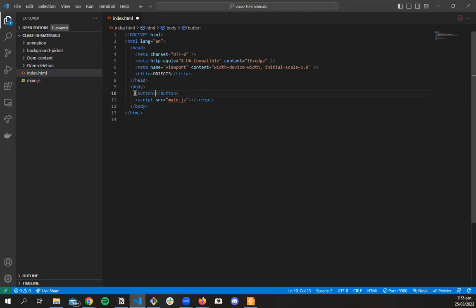Let's say we have a button. We want to do random colors, so let's do something like "change